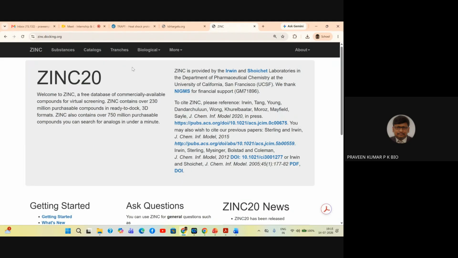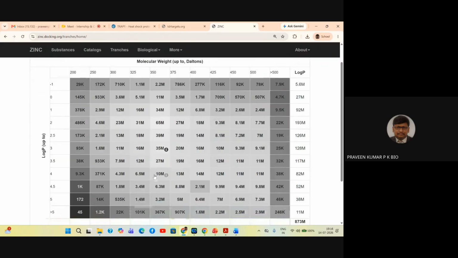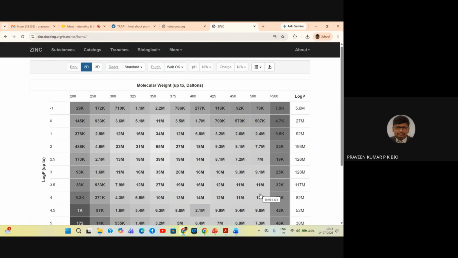Okay, this is the ZINC20 database. Here you can find something called branches. If you click branches, it takes you to a kind of library of molecules, whatever we have, 1 billion compounds. It is mapped in this table. In this table, you can see the compounds are mapped with respect to two